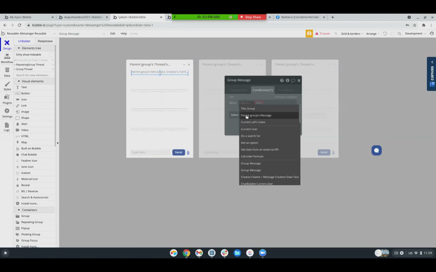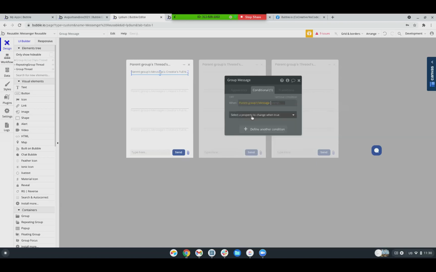But I can't grab the one before it. Like I can't say current cell's index minus 1 creator equals this group's creator or parent group's message creator, and then show something conditionally. So it just makes it a little more complicated, circuitous, right? So like parent group's message,